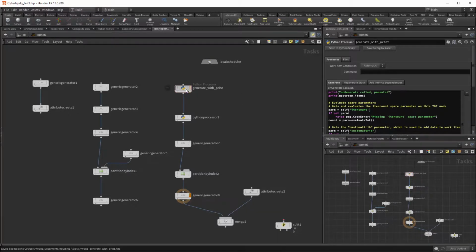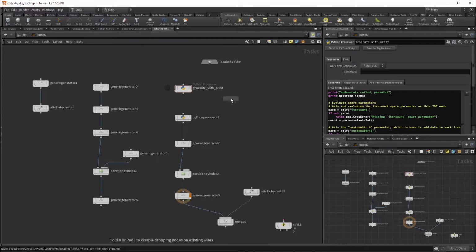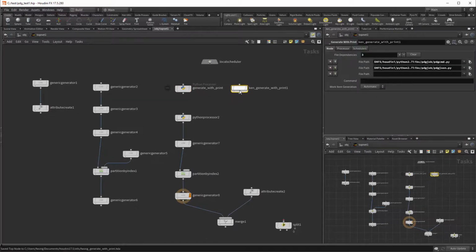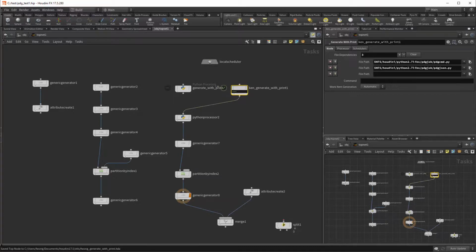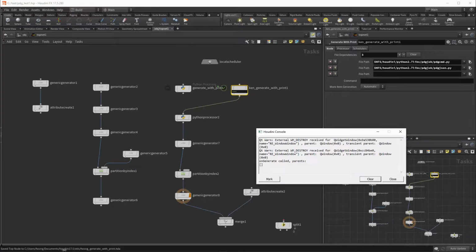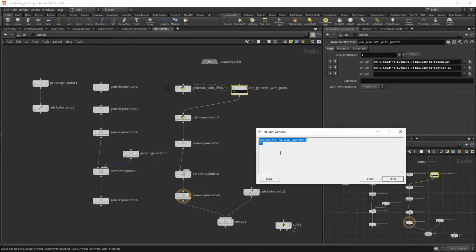Okay, so if I just get rid of this guy or disconnect him and tab, generate with print, hook that up. And if I cook this, did it actually print? There it is. Okay, so let me just clear this just to be clear that it actually did print that. There it is. Okay, so same functionality, and with the HDA, of course, you can now go and customize the